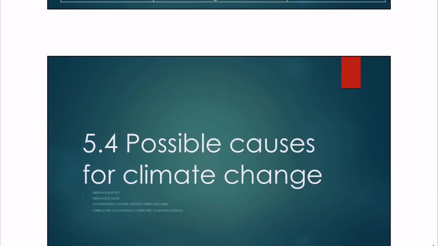So in the previous video, what we looked at was this idea that climate change affects ecosystems, and really the previous section was all about the evidence that can be used to say whether climate change has been happening. Okay, so the evidence for climate change. And in our specification, there is an emphasis on analyzing data. So there's likely to be various different types of data that we'd have to analyze and come to the proper conclusions about